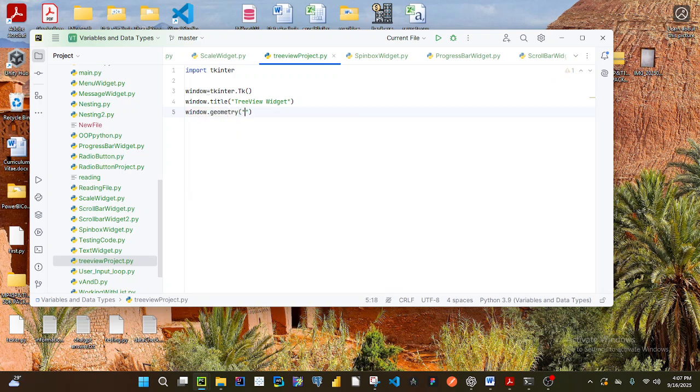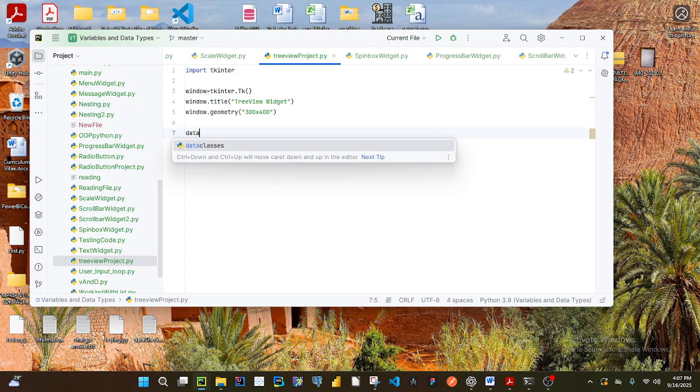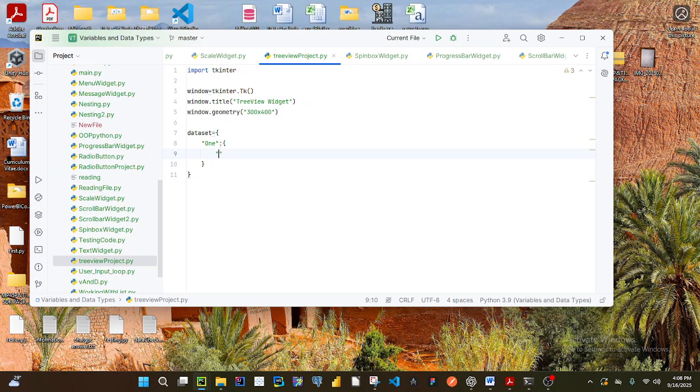In order for this to make sense to you, so that when we start to apply it to our project it will be intuitive, I'm going to create a dictionary called data set. This dictionary will hold exactly the data that I want that table to have. This will be a dictionary in a dictionary. I'm just following the same concept I used in my banking system in the last project. So the very first dictionary, I will give it a key or a name of one. And to have its own key value pairs, I'll say name,